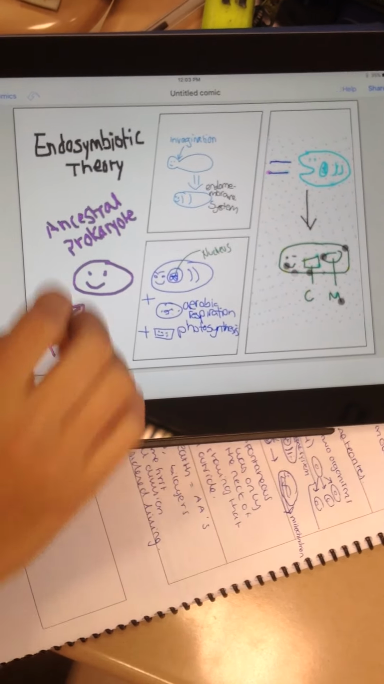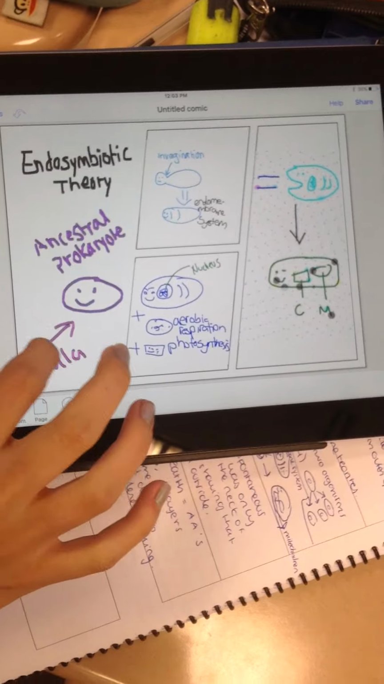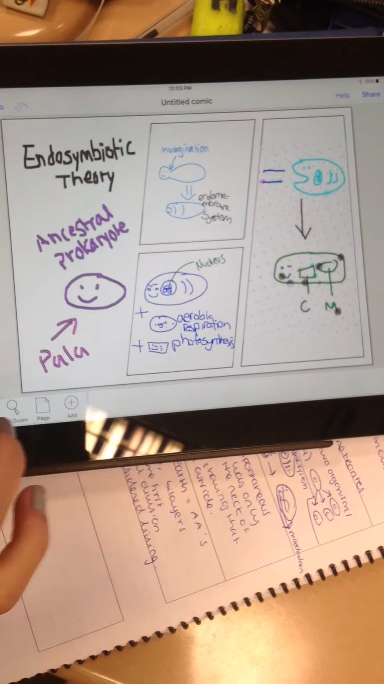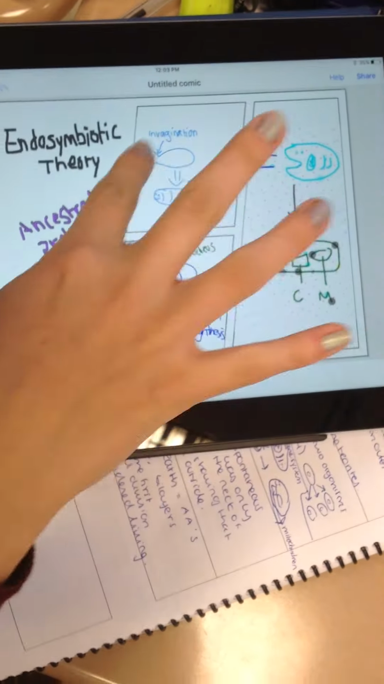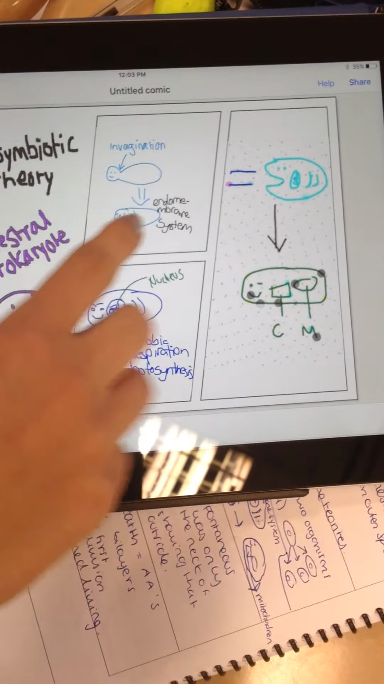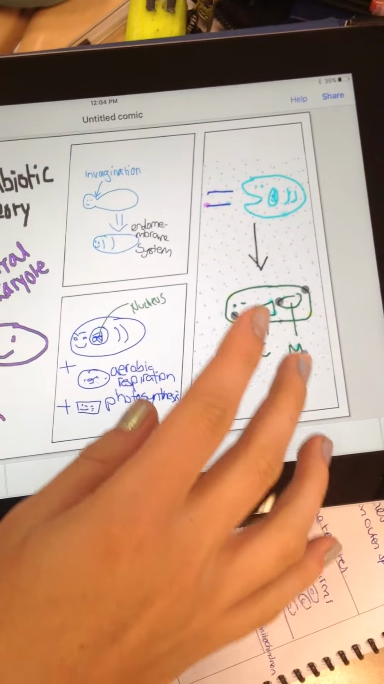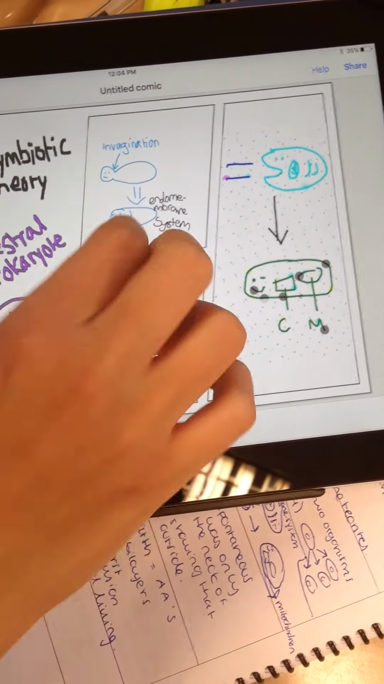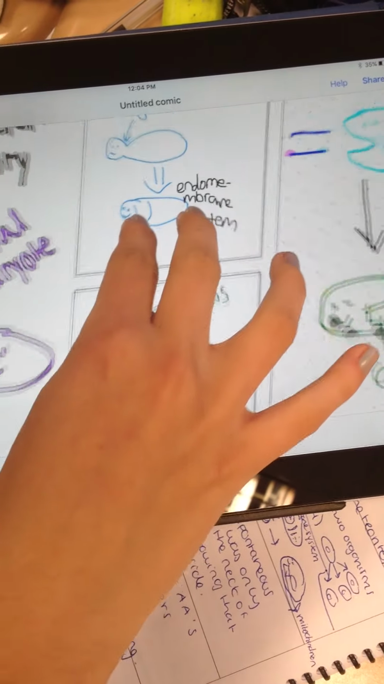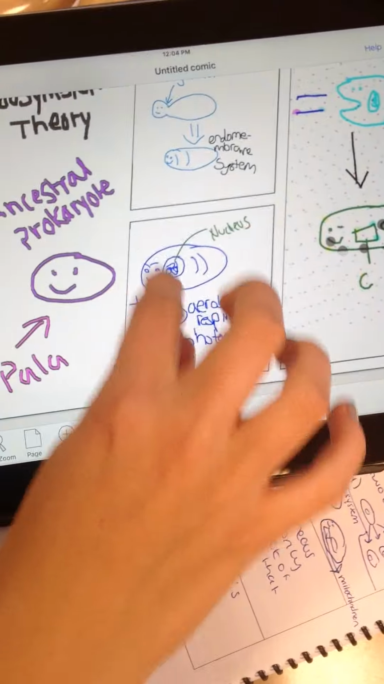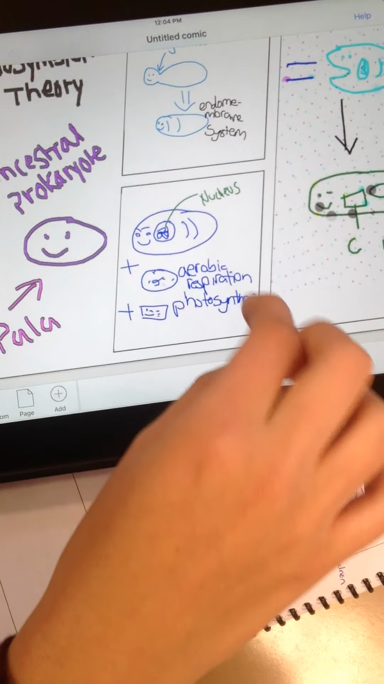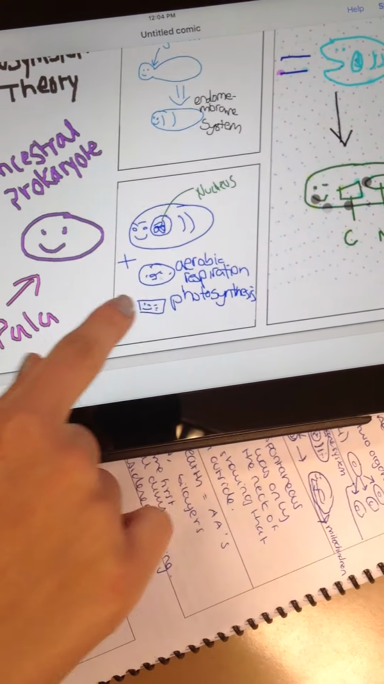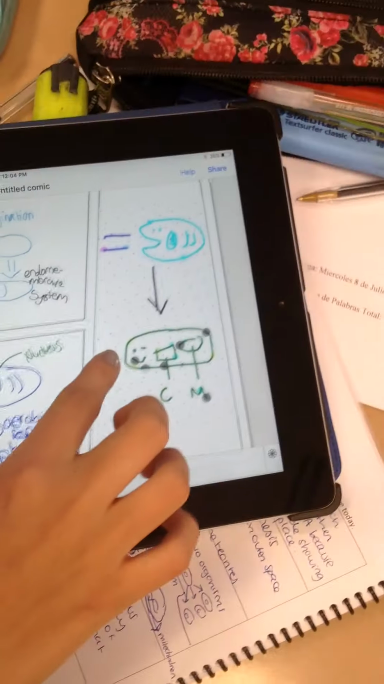Okay, the endosymbiotic theory. It starts with an ancestral prokaryote, which, as we know, is the first cell on Earth. Then, what happens is invagination, where the ancestral prokaryote develops an endomembrane system with a membrane that you can see there. After that, it develops a nucleus, also with the endomembrane system, and that, with aerobic respiration and with photosynthesis, results in